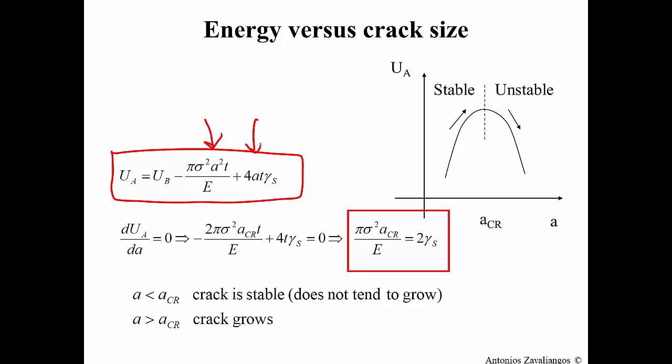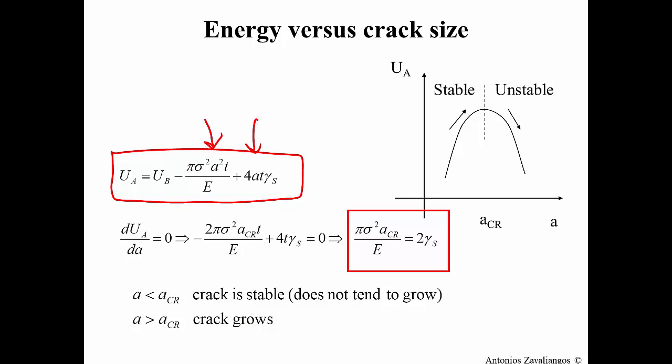So this expression essentially shows the evolution of the energy of the material as a function of the crack size. So as the crack size grows, the energy of this material under this stress evolves. Now, how does it evolve? Well, you can see easily that this is a parabolic equation, and in fact, with an a square term